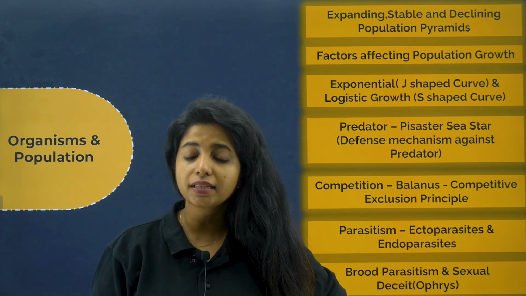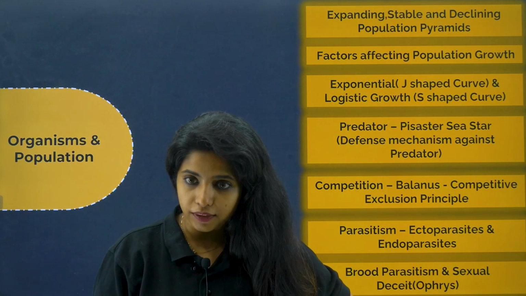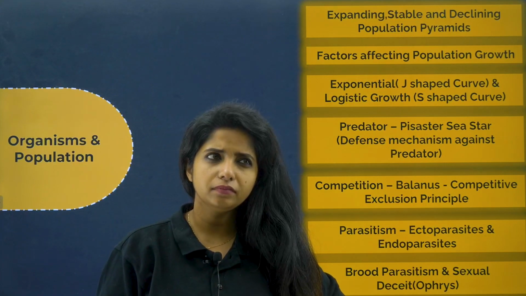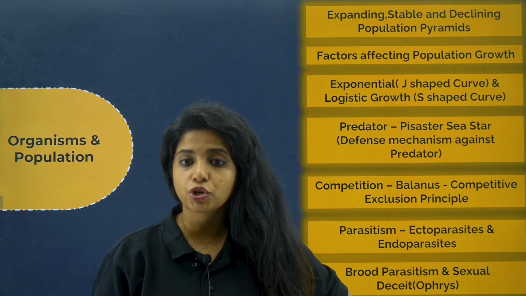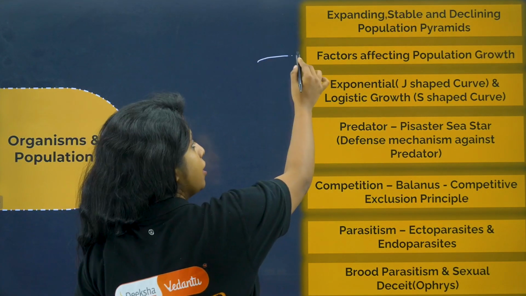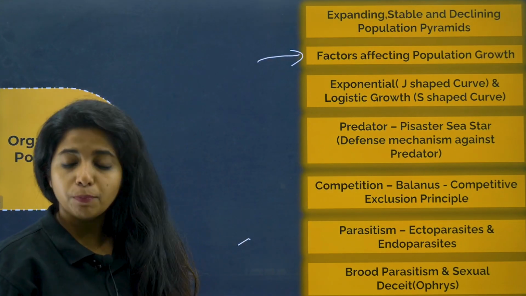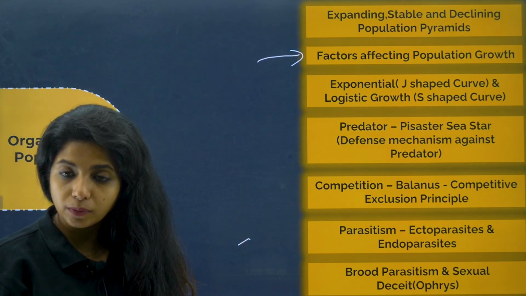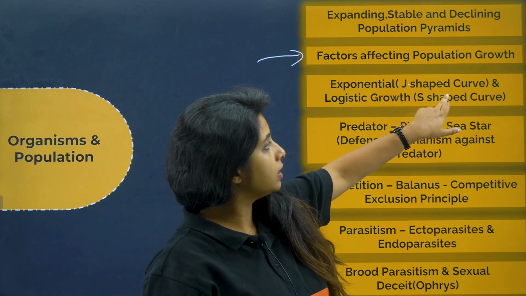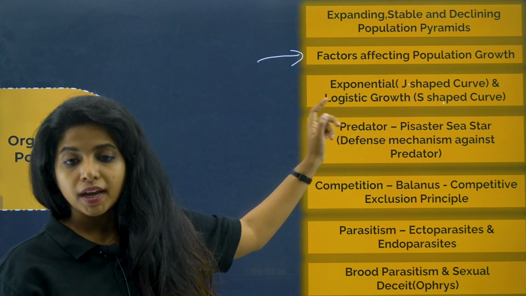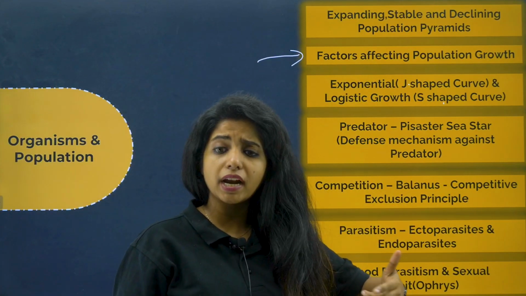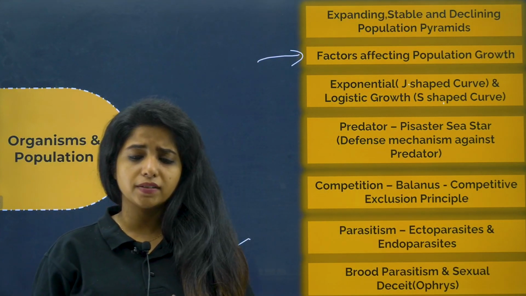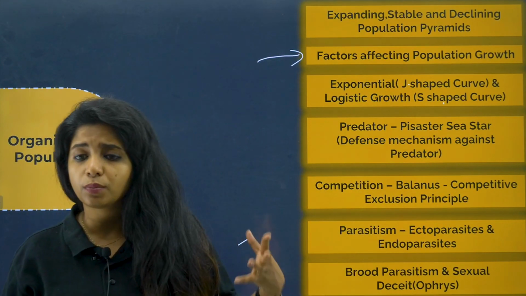Okay, now factors affecting the population growth, that is natality, mortality, immigration, emigration, all these factors you can be asked to write about. Exponential and logistic growth, my dear children, here you get J-shaped curve, here you get S-shaped curve, just go through it. Now you have different types of interactions between organisms: predation, competition, parasitism, commensalism, amensalism, all of it you have